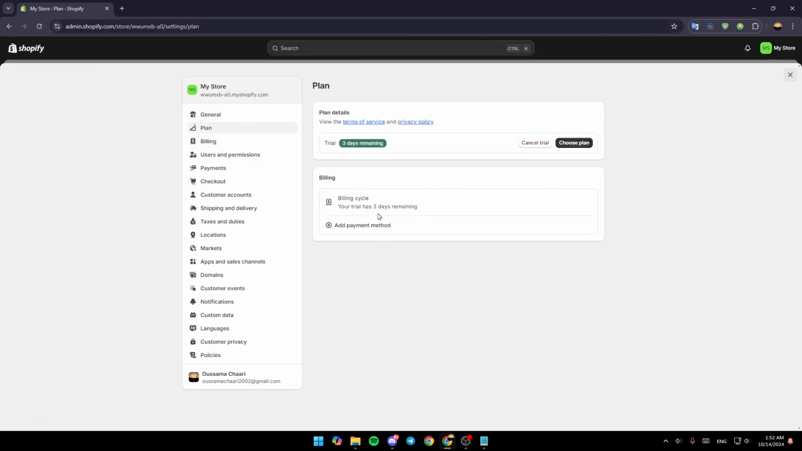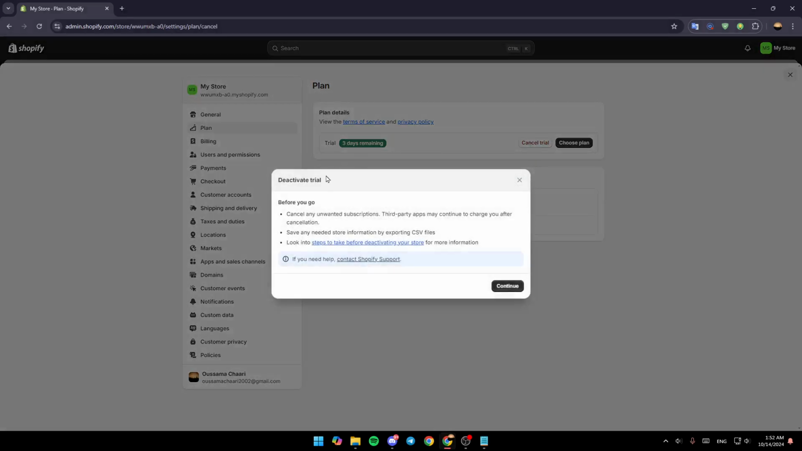And once you do that, right here under plan details, you're gonna find your plan. As you can see guys, in my case, I have the trial plan. So basically guys, in order to stop the subscription, it's pretty easy. All you need to do guys is click on cancel the plan, and then they're gonna ask you, are you